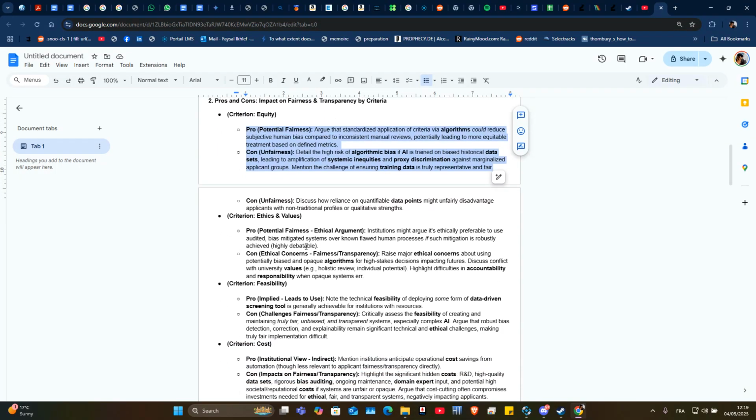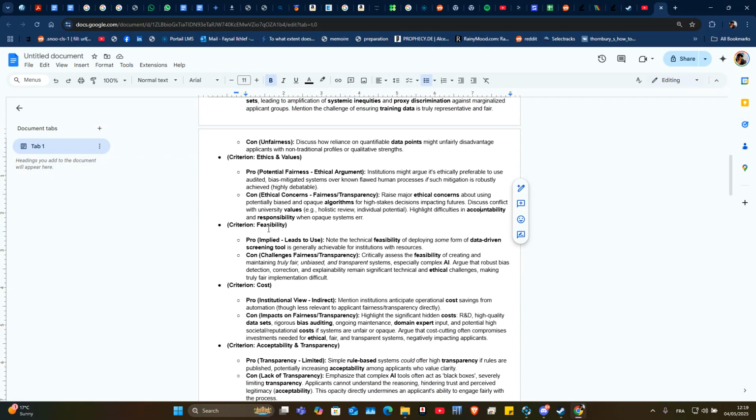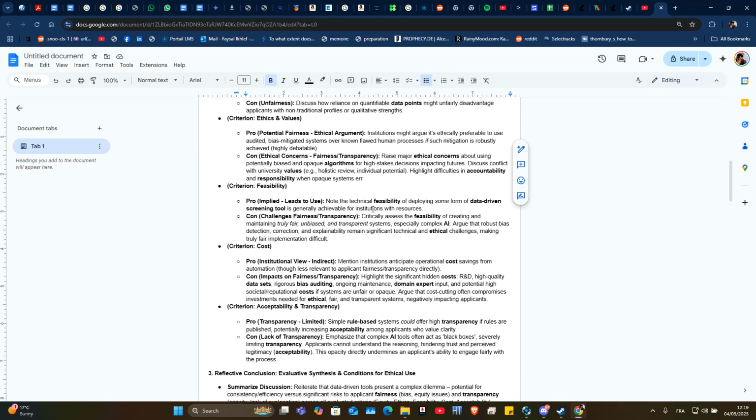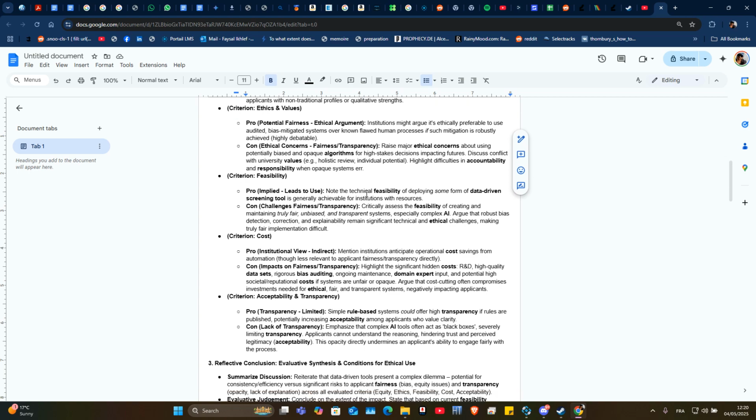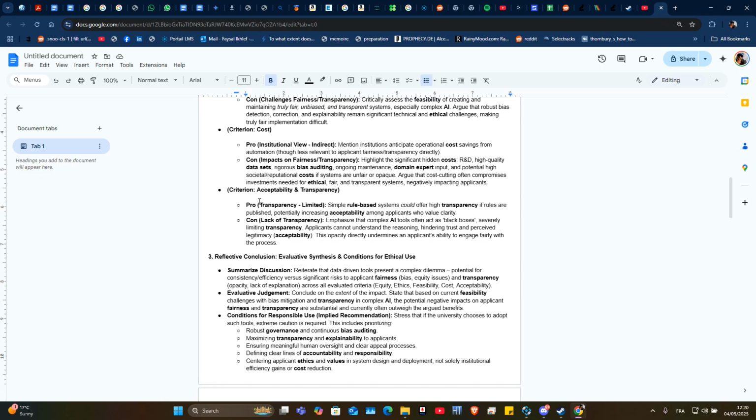So then you jump to ethics and values. And in ethics and values, like I said, we have fairness, we have transparency, we have accountability. Use that. And then we go to feasibility. Again, is it doable? Can we achieve this? We mention the resources here and stuff like that. Again, we go to cost. We go to acceptability of the people. So here I think I didn't mention innovation because I don't see how innovation is going to work here, to be honest. But you can use it if you have an idea that I'm not thinking of.